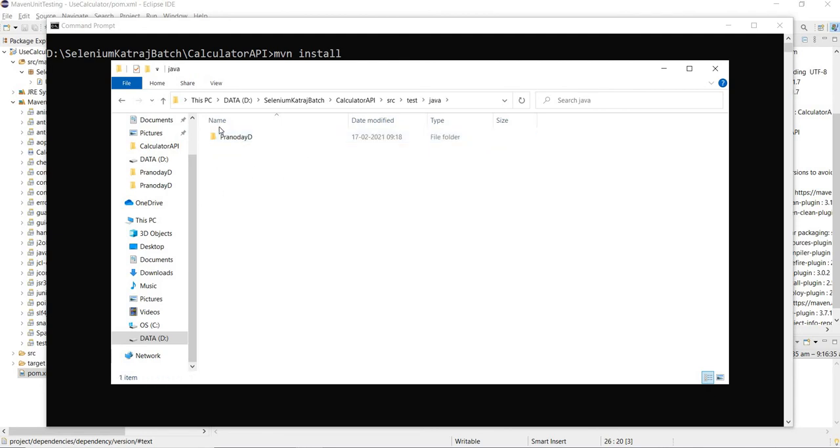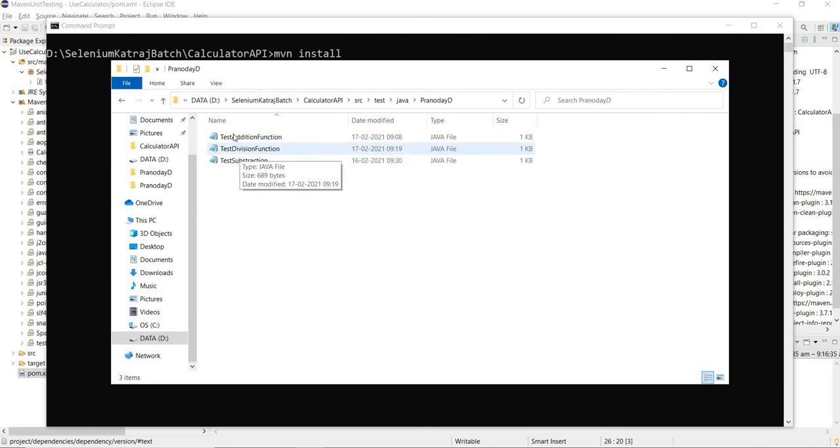Then the unit testing would be triggered, where all the 3 test case files would be executed. All the 3 functions would be tested: addition, subtraction, and division. These 2 would be tested for regression defects, and division is the new one, and addition and subtraction are the older functionalities which were included in version 2.